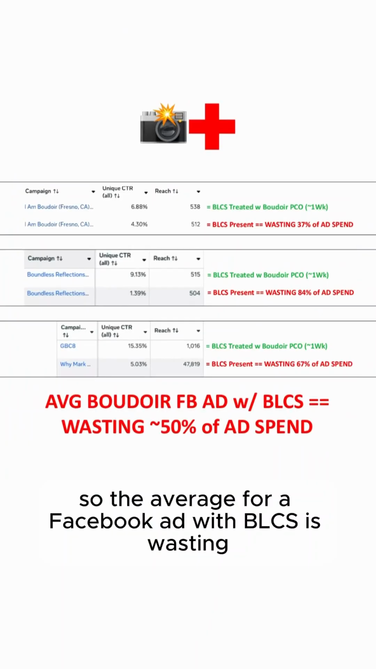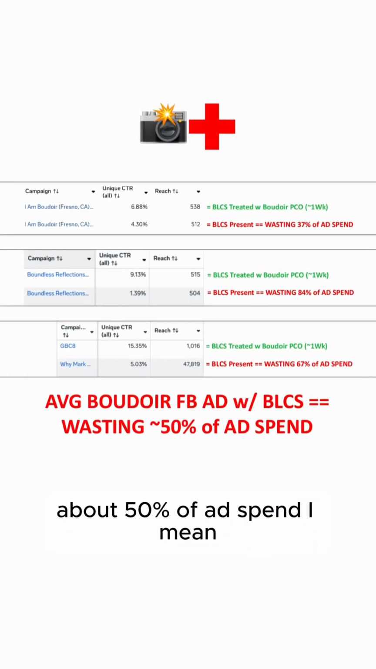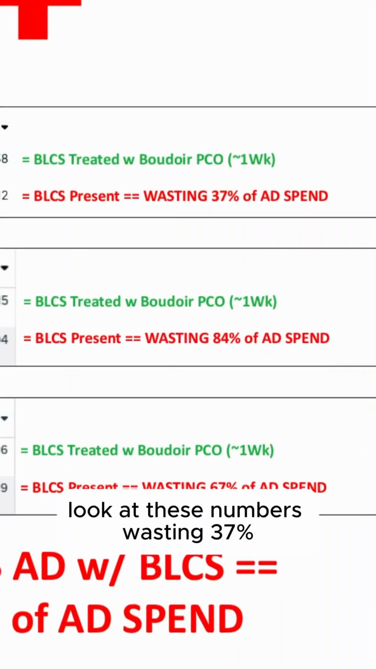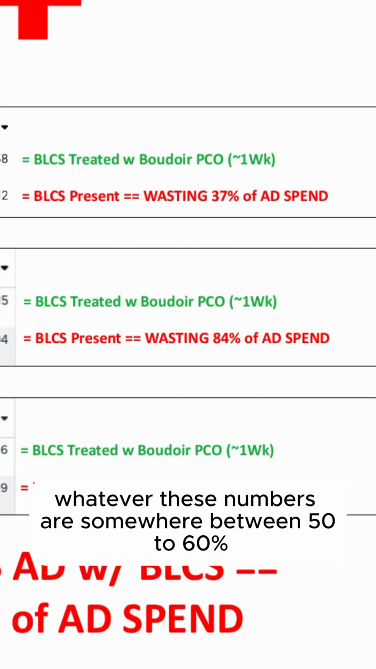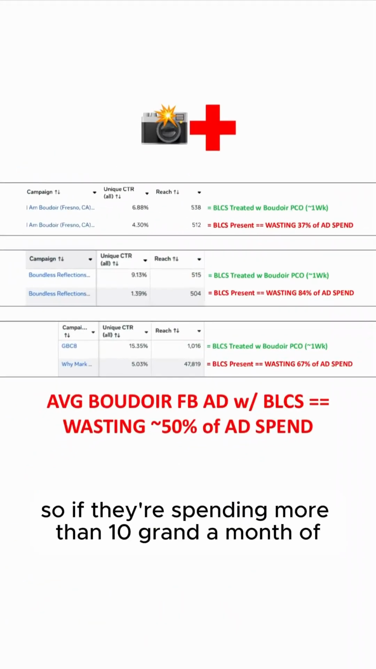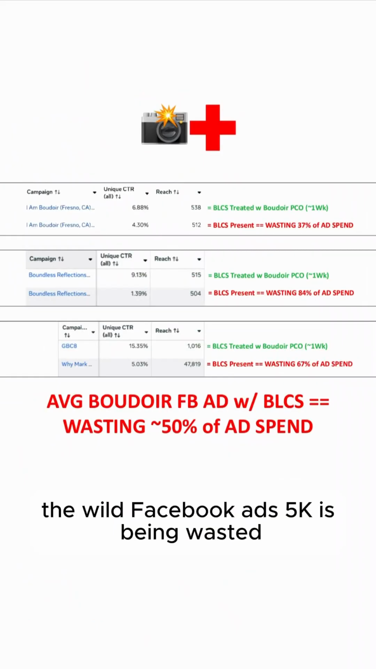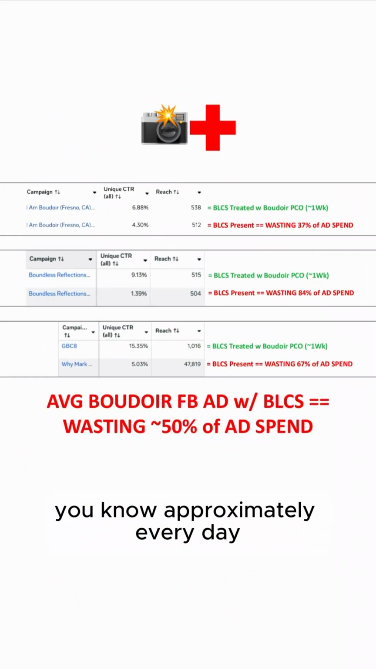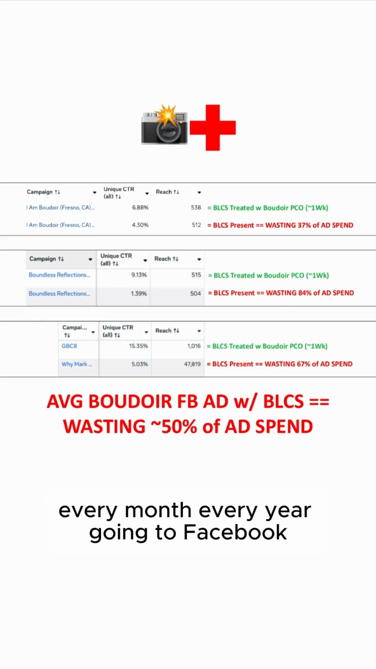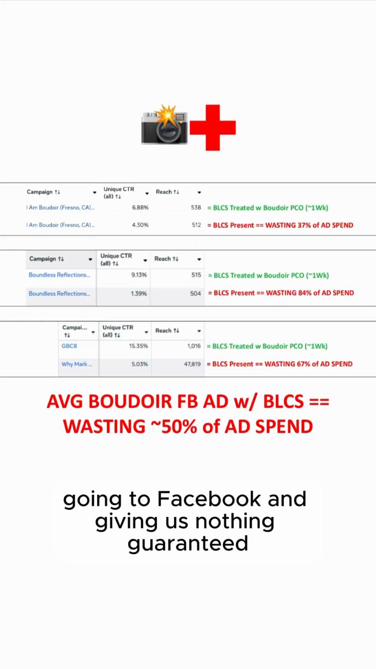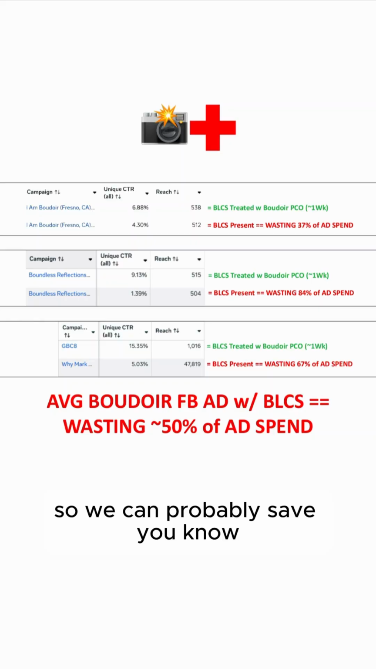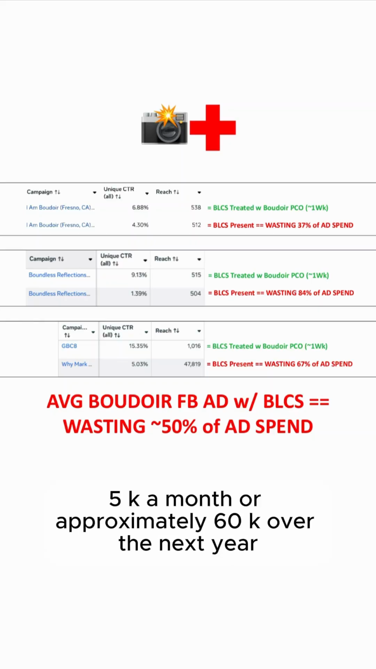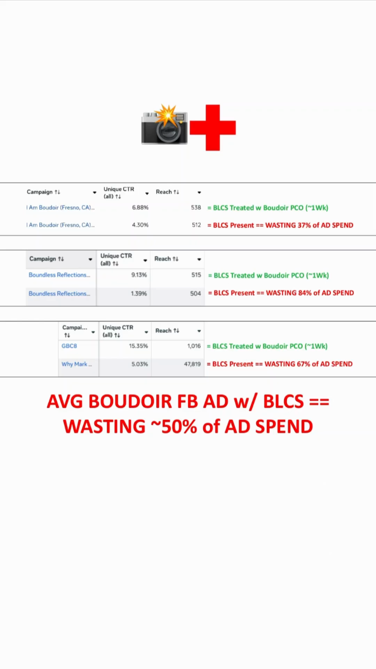So the average Boudoir Facebook ad with BLCS is wasting about 50% of ad spend. I mean, look at these numbers: wasting 37%, wasting 84%, wasting 67%. So the average here, whatever these numbers are, is somewhere between 50 to 60%. So if they're spending more than 10 grand a month on Boudoir Facebook ads, 5K is being wasted, every day, every month, every year, literally going to Facebook and giving us nothing, guaranteed. So we can probably save 5K a month, or approximately 60K over the next year,